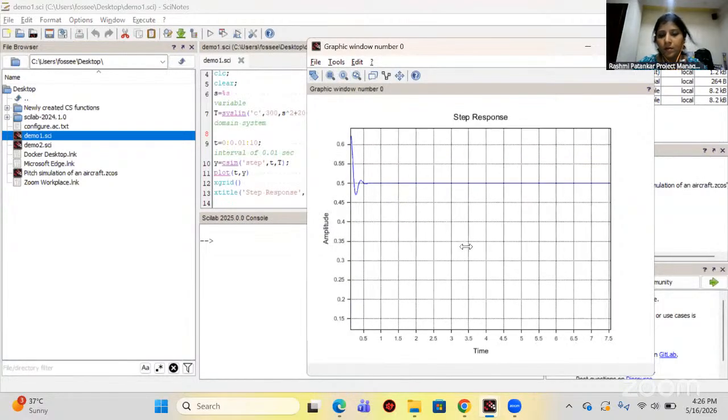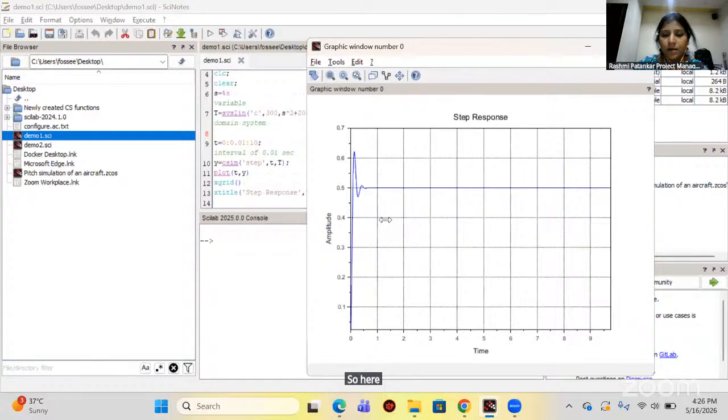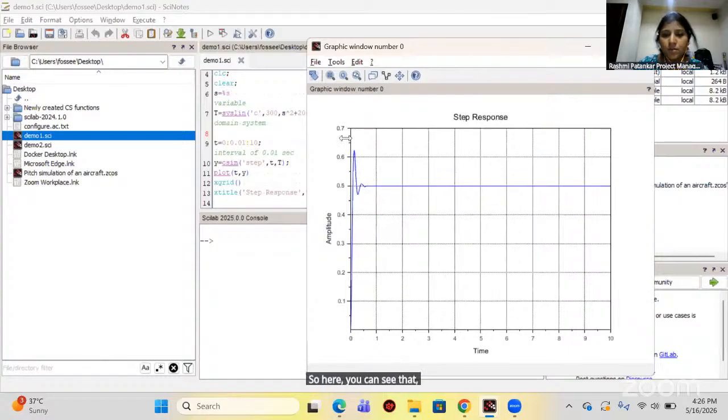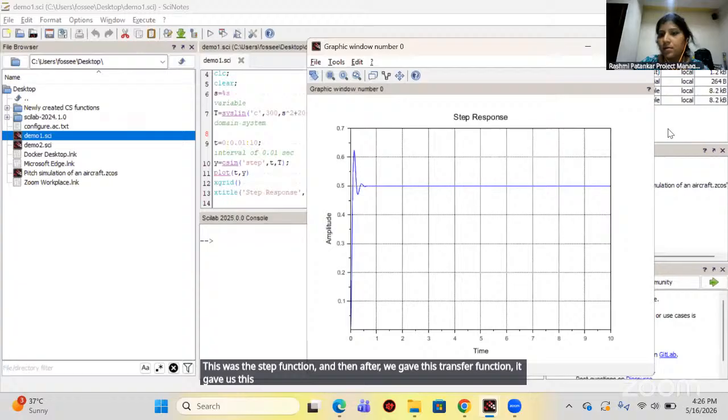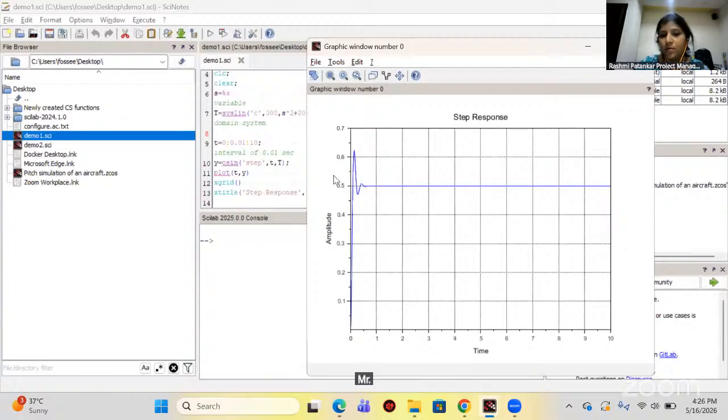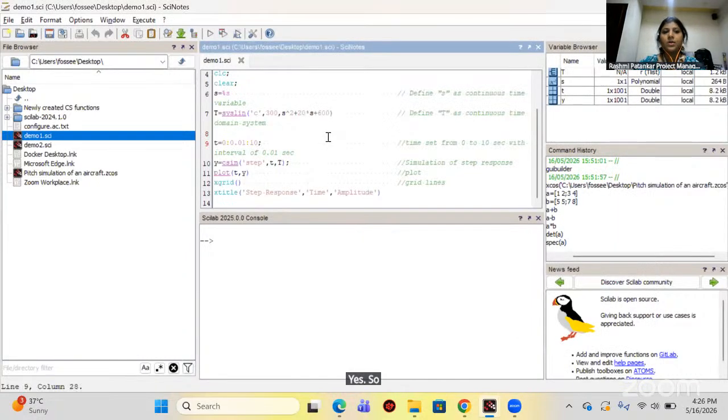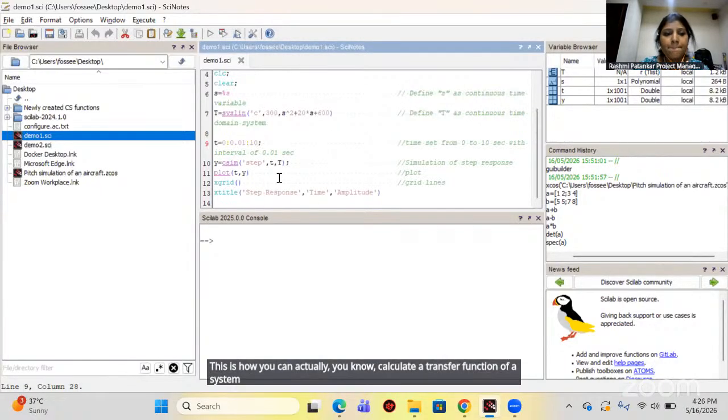Okay. So here you can see that this was the step function, and then after we gave this transfer function, it gave us this response. So this is how you can actually calculate a transfer function of a system. Then